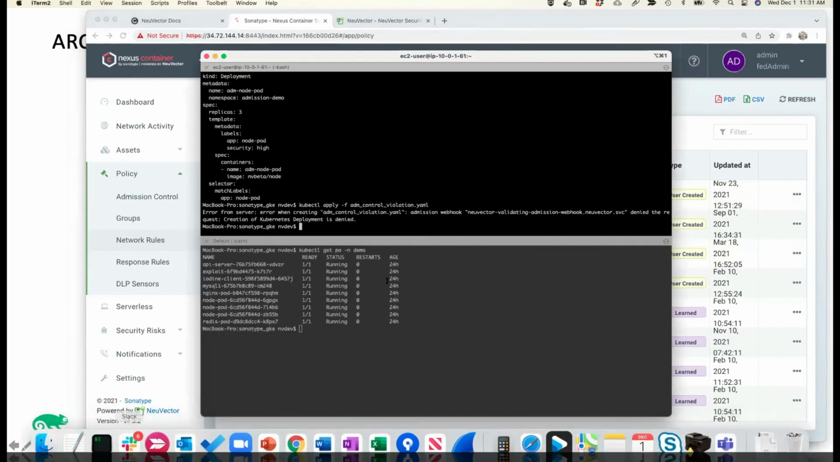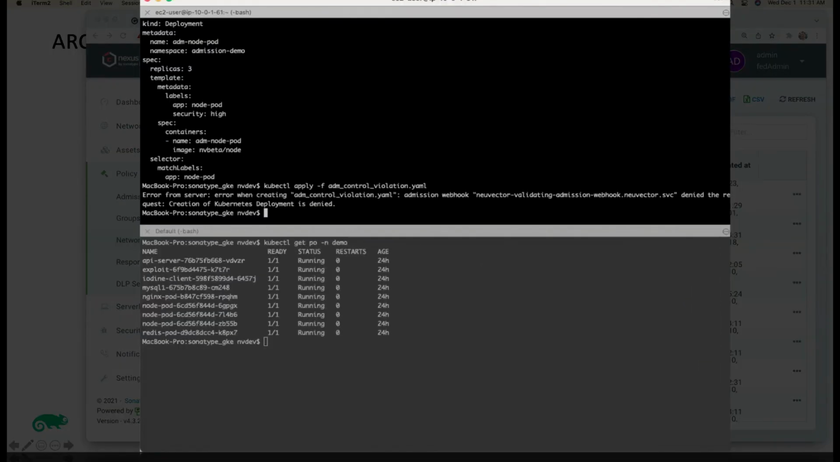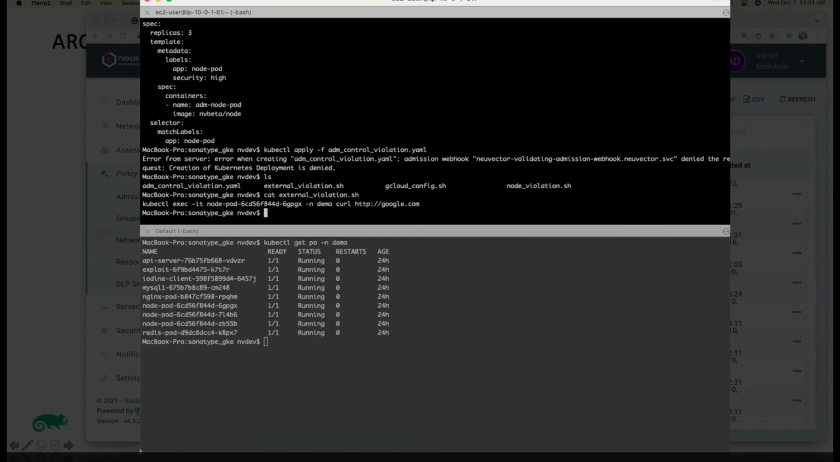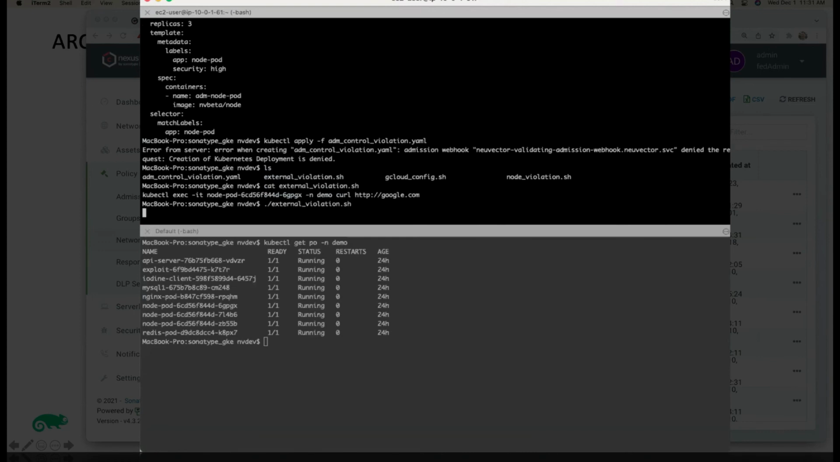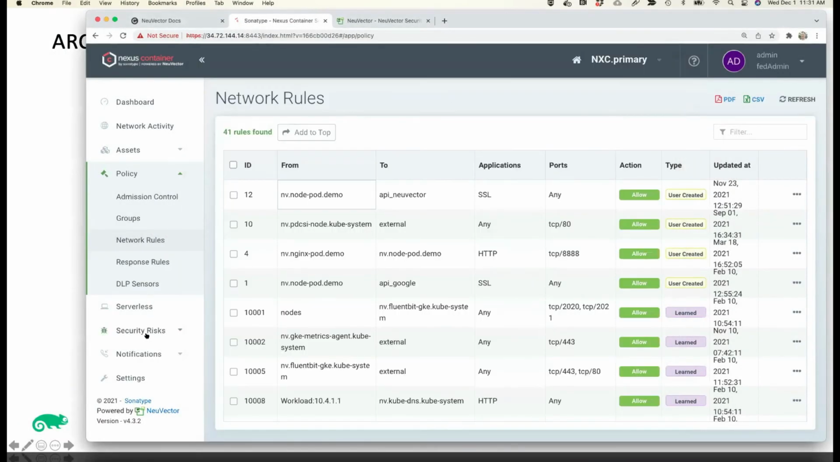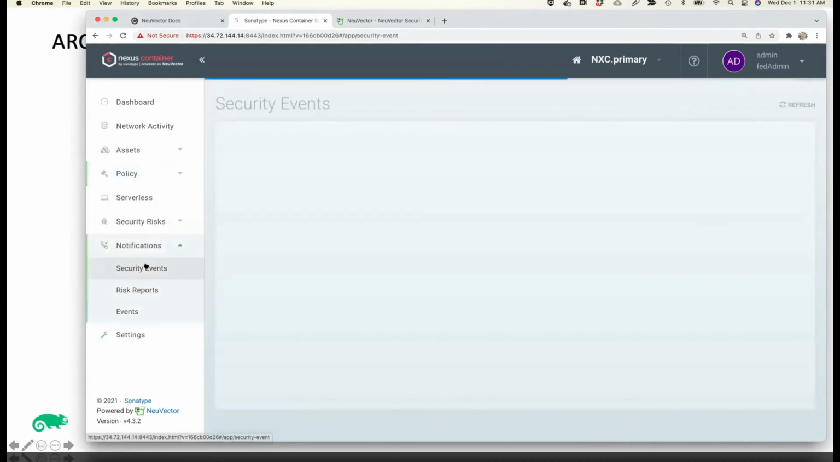So if I go back into my environment here and I look at just a sample external violation, if I'm just going to connect arbitrarily outside of the cluster, this time to google.com, that's not going to be allowed. So you can see here my connection is not going through. And let's see what I'm seeing in NeuVector. So under notifications, security events,